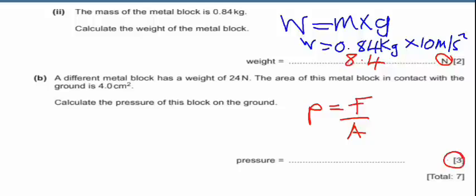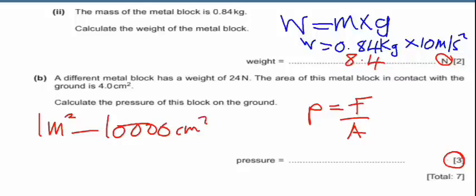Now we have 3 marks here, meaning this area which they have given us, we need to convert it from centimeters squared to meters squared. So I'm going to say 1 meter squared is equivalent to 10,000 centimeters squared. Now since we want to convert 4 centimeters squared into meters squared, we are going to say 4 centimeters squared multiplied by 1 meter squared divided by 10,000